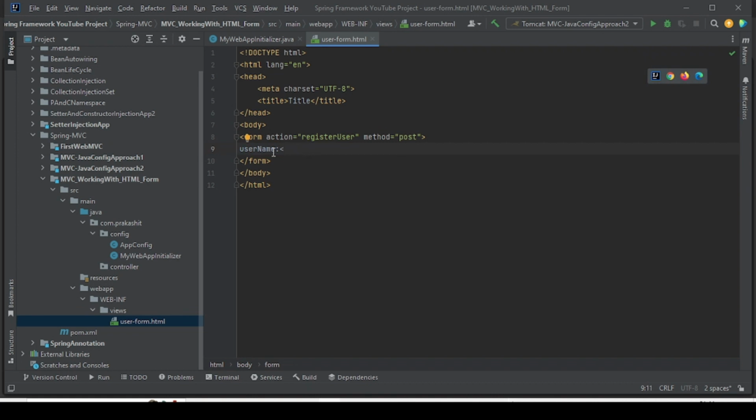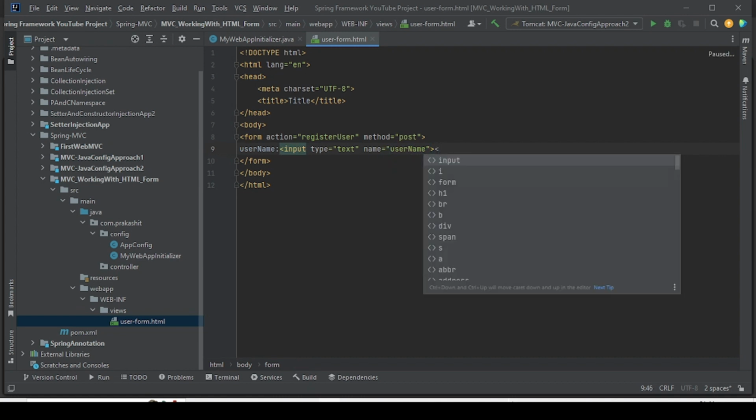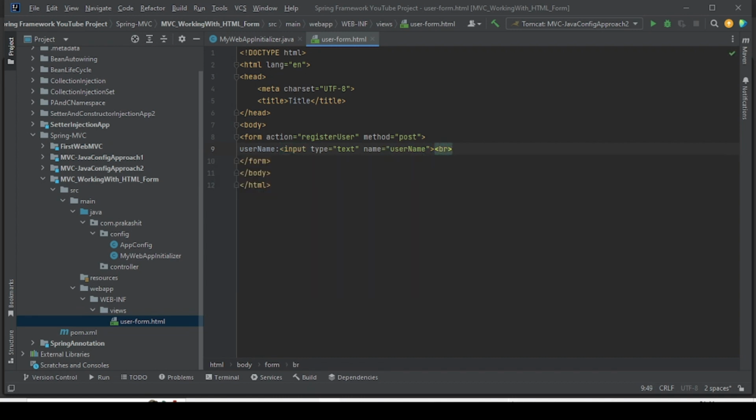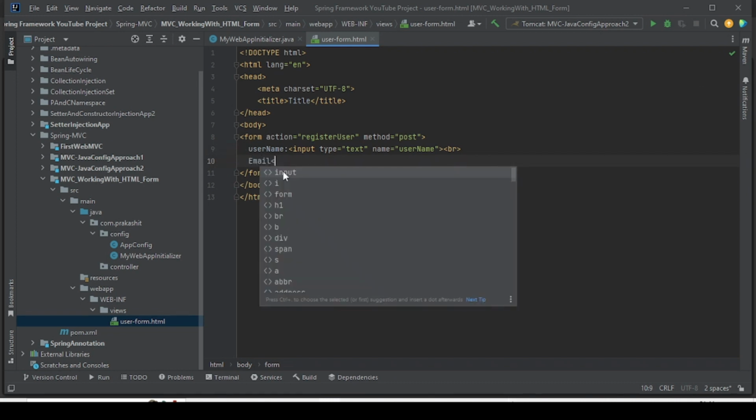So we will take two simple properties. The input type is equal to text, and name is equal to username. This is the thing, and here I will take a br for a line break, and username I have taken already, and then email I will take, and input